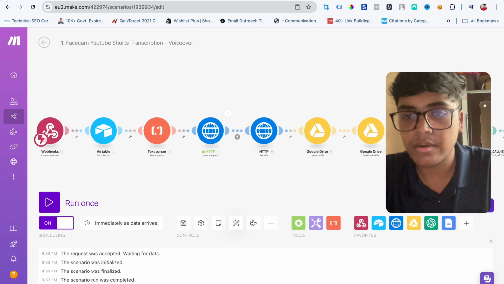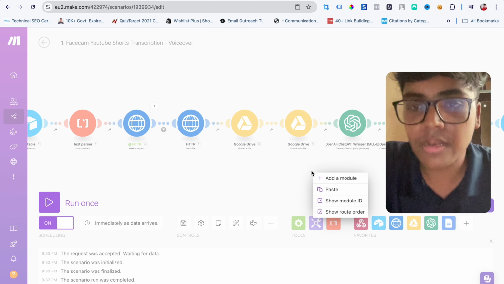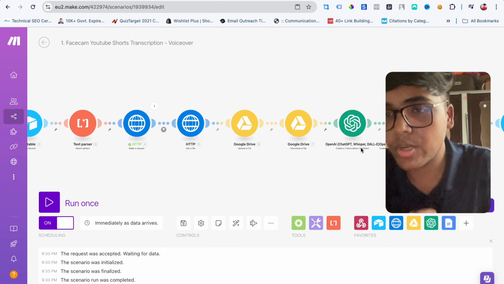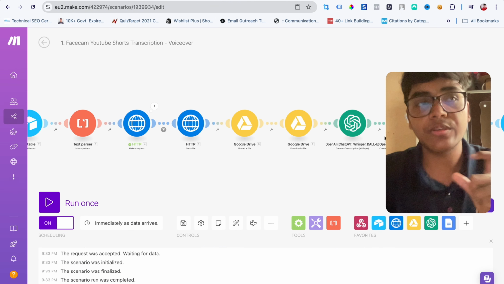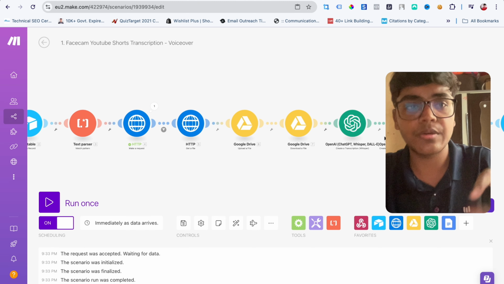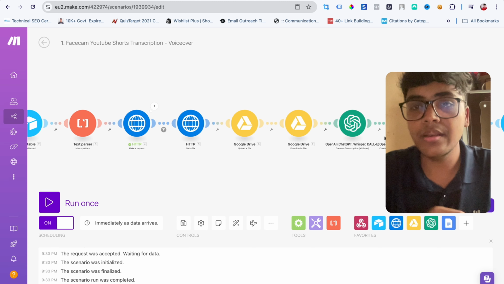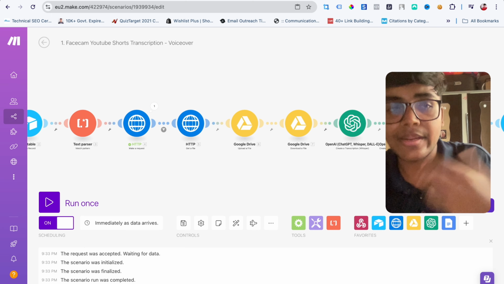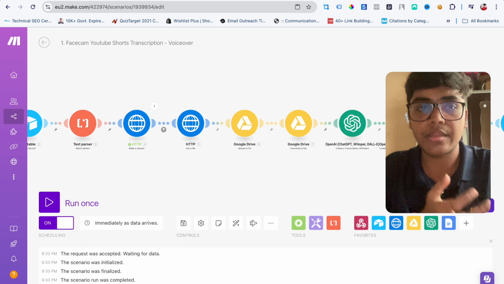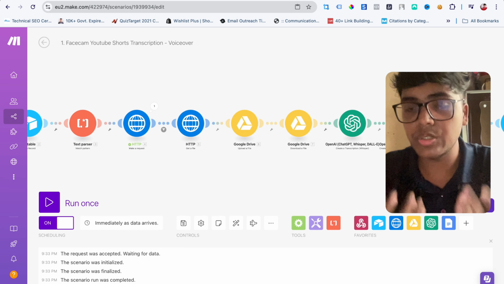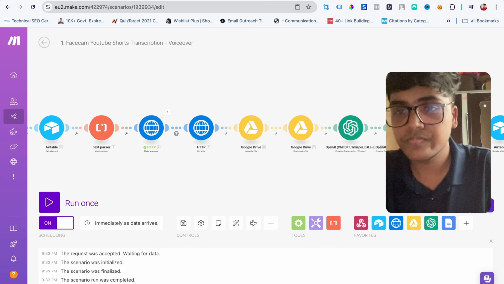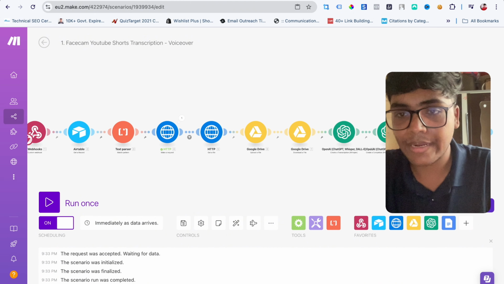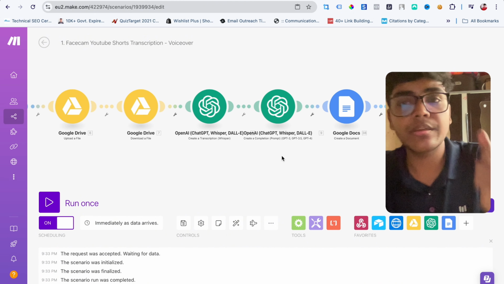So now once we download the file, there are two OpenAI modules which we are using. The first module we are using to get the transcription of the video from the mp3 file, and the second module is, once we get the transcription, we need to rewrite that transcription to generate our own unique script, right? So for that we are using the second OpenAI module. And once we get the script,